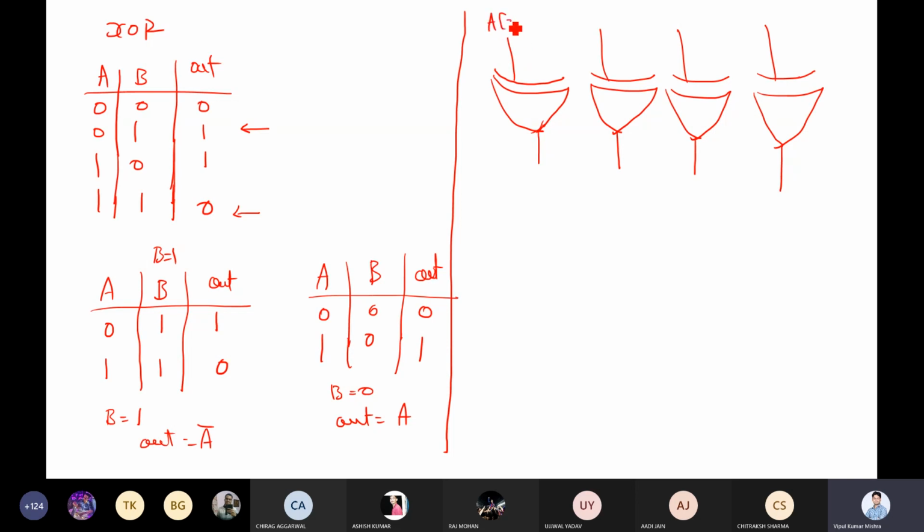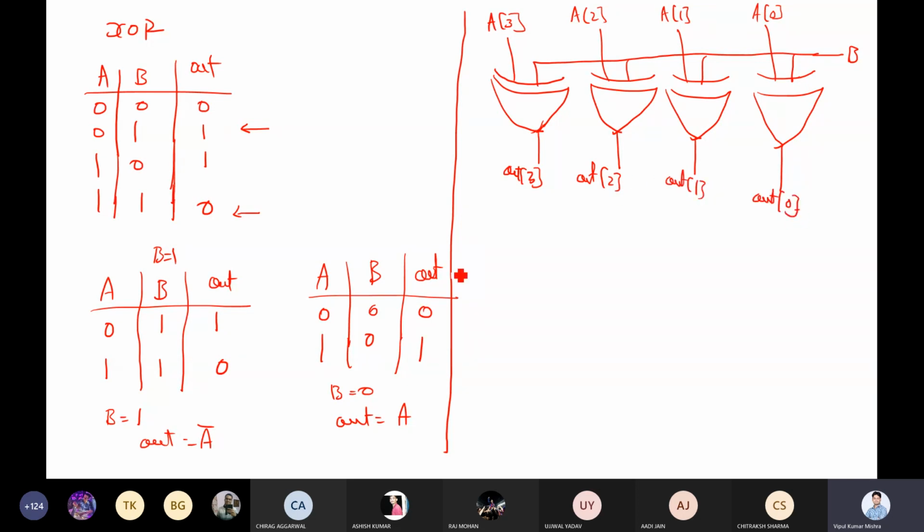Let's say this is A3, A2, A1, and A0, and this I am clubbing all together. Let me say this is your B value in this case. Here we have out3, out2, out1, and out0. Now I'll say when B equal to 1 and A equal to 1 0 1 0.